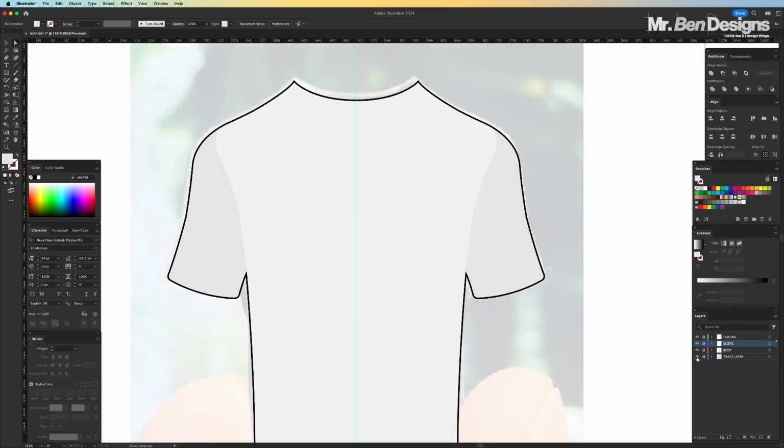So I'm just going to turn on the background layer, the trace layer. Now we're going to turn off the body. Okay, so now we can see through. Now what we are going to do is add back in these sleeve lines. Okay, so what we could have done is repeated them on a separate layer, but for accuracy on this one we're going to select the sleeves,